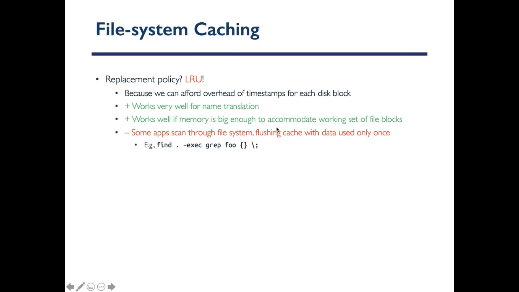The problem with it is that it may not be the perfect policy when it comes to file system for some workloads. In one of the quiz questions we had, we asked you about a program that goes through